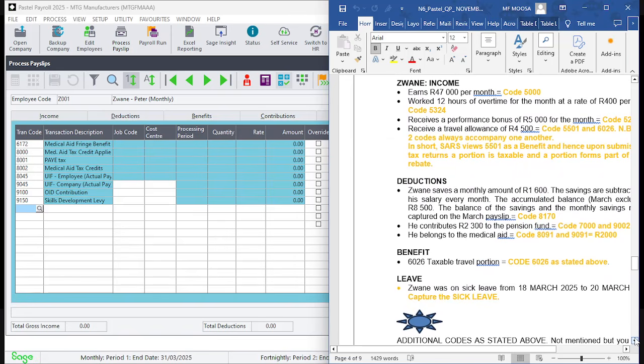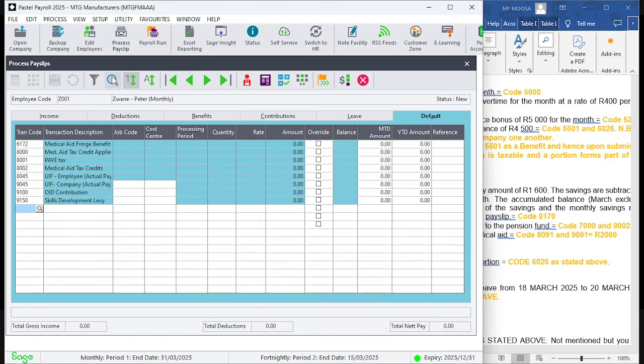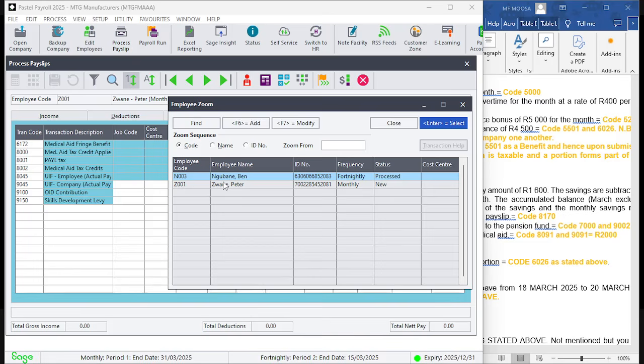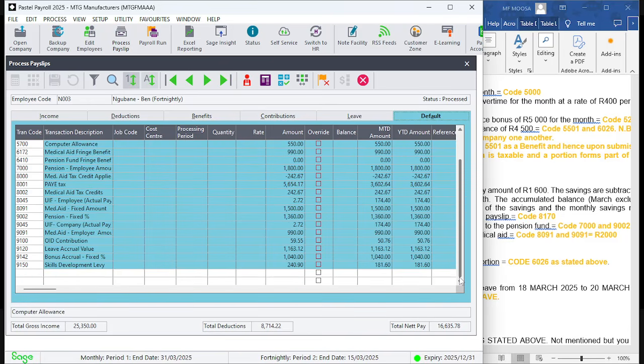So welcome aboard. When we look at Mr. Zwane, the monthly, you'll notice that there's a code that's specific for monthly employees, and that is 5,000. So make sure that you are under Mr. Zwane. You have selected it carefully. You're not looking at the fortnight employee, Mr. Kobane. You are working with Mr. Zwane. So make sure that you go and select Mr. Zwane. You'll also notice that there's Mr. Ben Kobane, because we